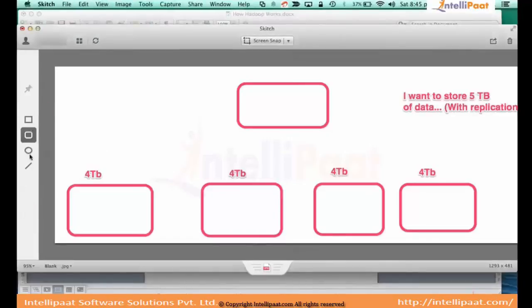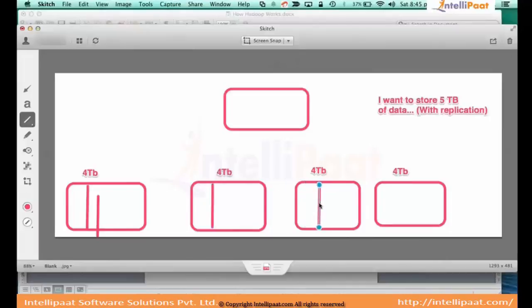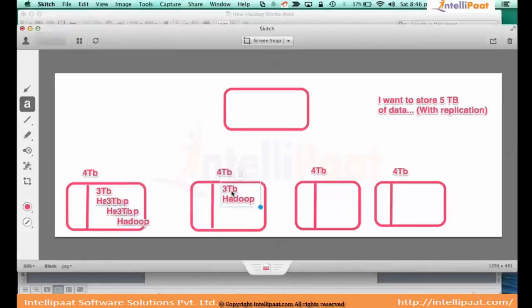What is HDFS actually? HDFS is a magic where each machine pledges some space. So each machine is going to pledge 3 terabytes, which is reserved. This machine says 3 terabytes reserved for Hadoop, 3 terabytes for Hadoop, 3 terabytes for Hadoop, and 3 terabytes for Hadoop. And you tell this master, this is a master,